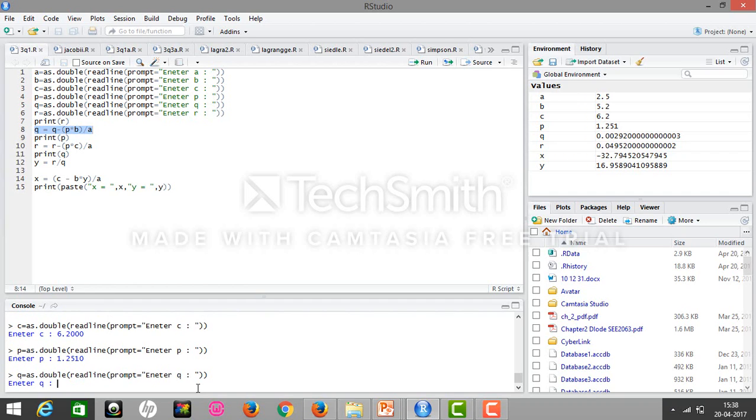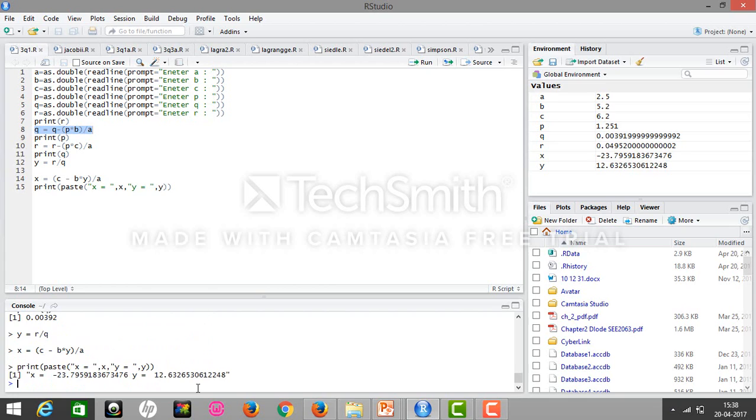And rather than giving q the value 2.6050, I will give it the value 2.6060, and the value of r will be the same, 3.1520. Here we can see that the values of y and x are so abrupt.